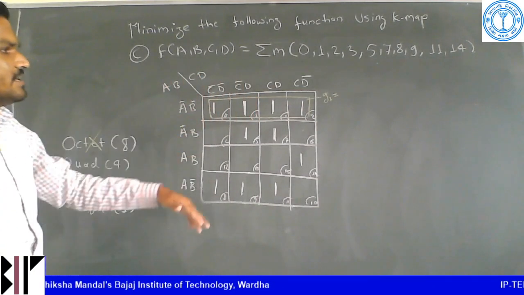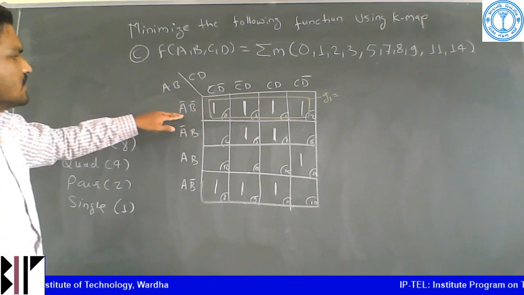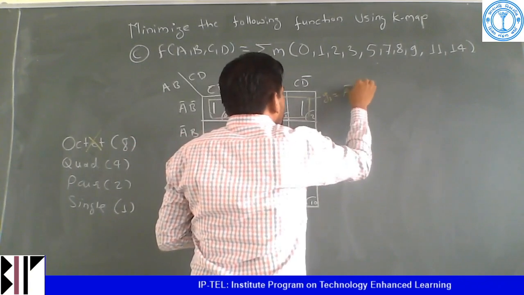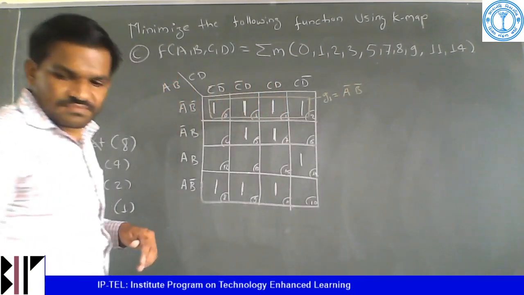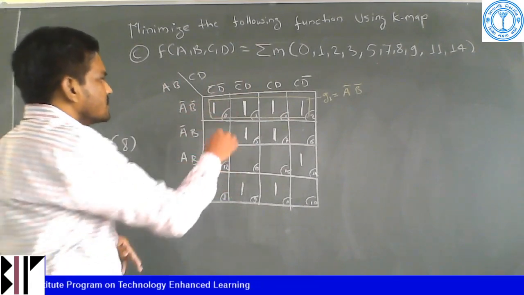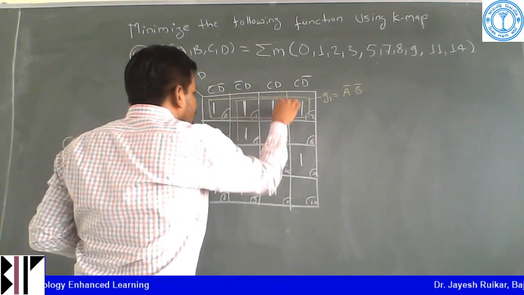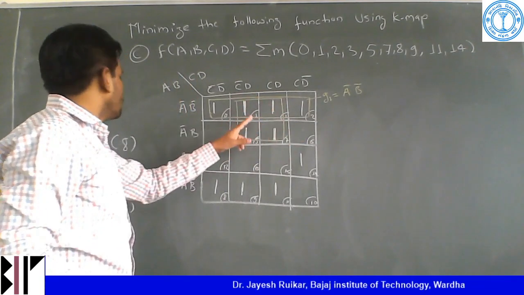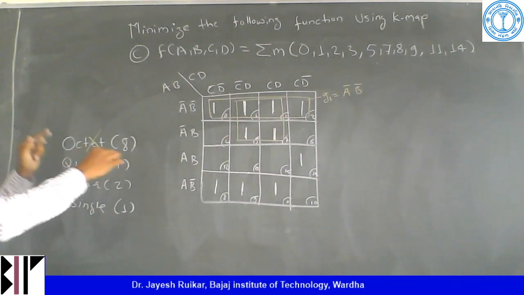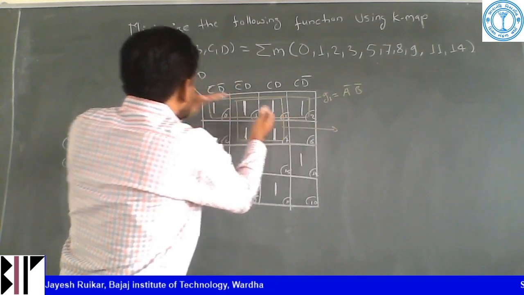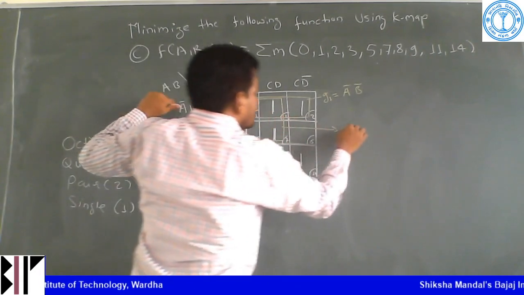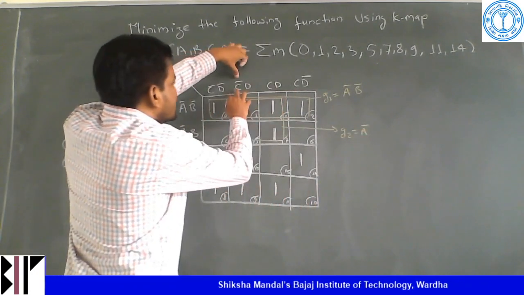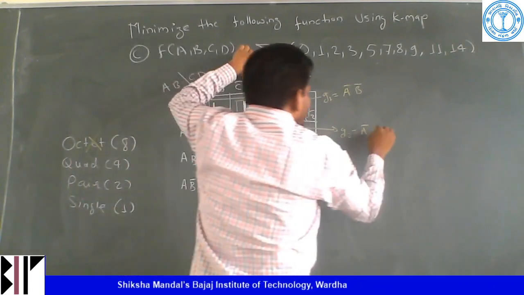So now I will write the equations. Okay, so the equation for this is A bar B bar, and from the top side everything is cancelled, so the equation is A bar and B bar. Fine. Let us go for another. Is it possible? This is also possible. These 4 ones are possible. To combine these two ones, I can overlap these two ones, so I am getting 4 adjacent ones. So for the equation, when we look from this side, A bar is there. This is my group 2. So A bar, and from the top side, this is C bar C, so D is there. A bar D.